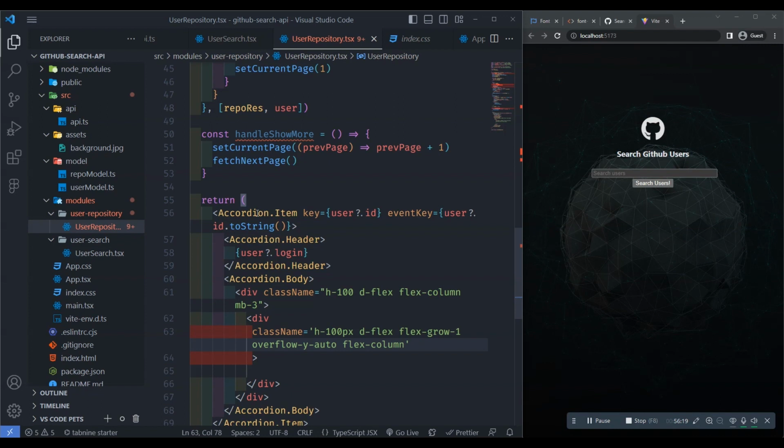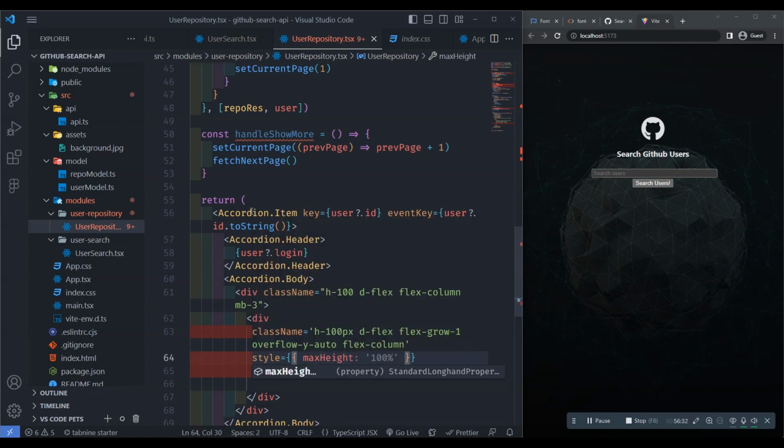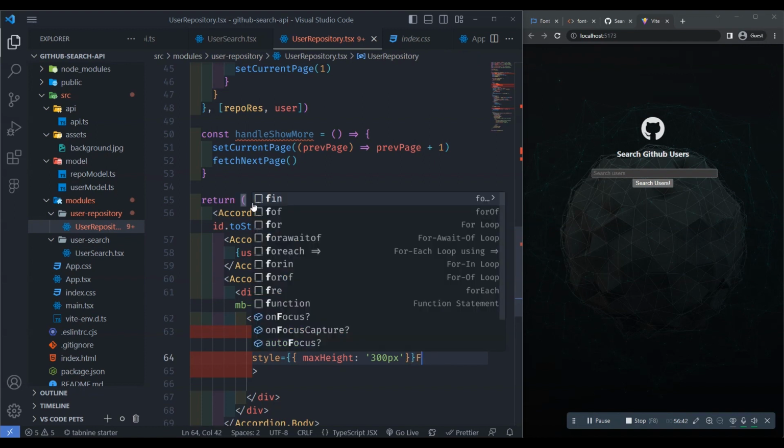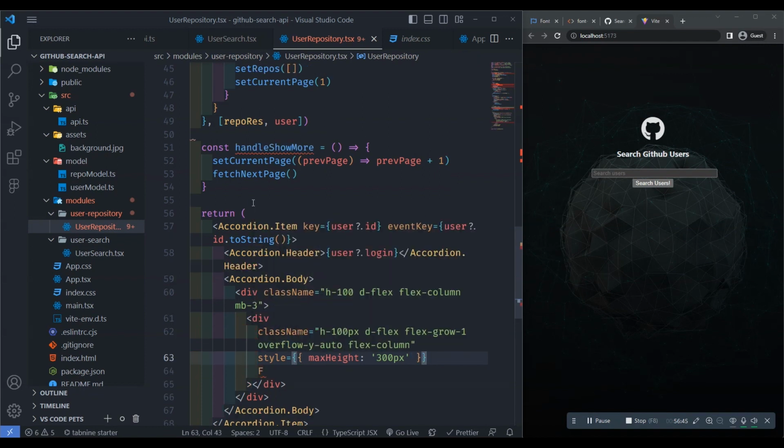And with the style of maxHeight of 300 pixels. Inside the div,